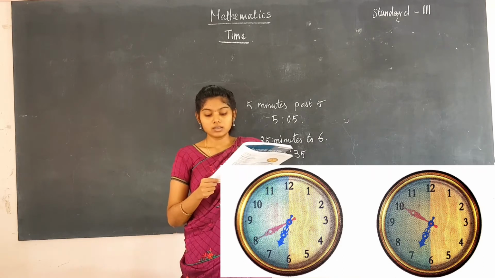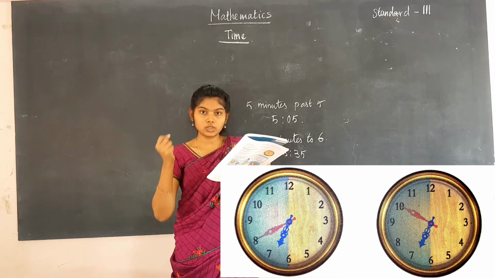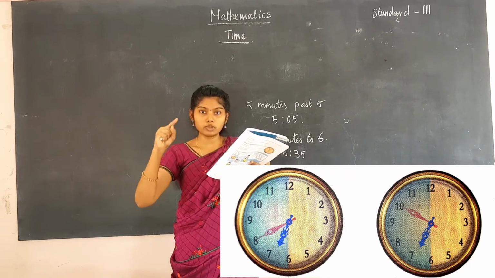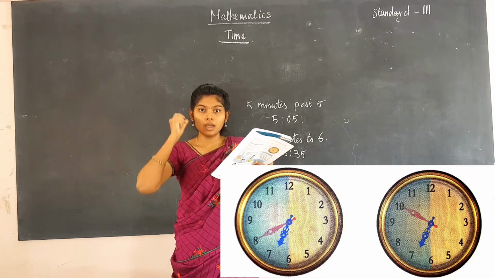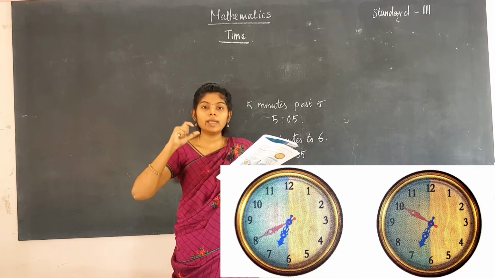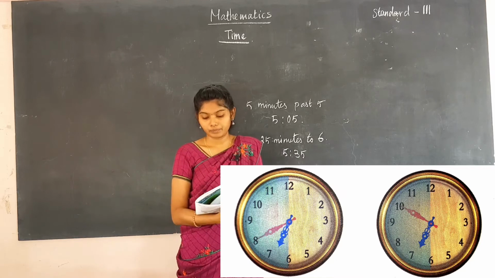And then here see that, it's just arriving at 7. From 6 to 7 it is coming, and it's nearest to 12. The 10 is nearest to 12. So you have to calculate those minutes. 10 to 11 is 5 minutes. So 11 to 12 is again 5 minutes. So 5 plus 5 is 10. So totally 10 minutes to 7.